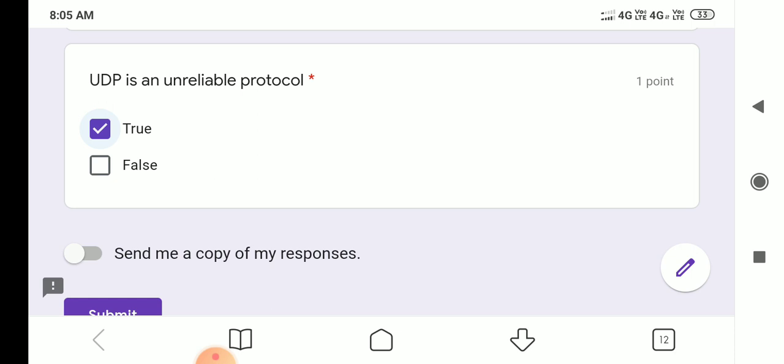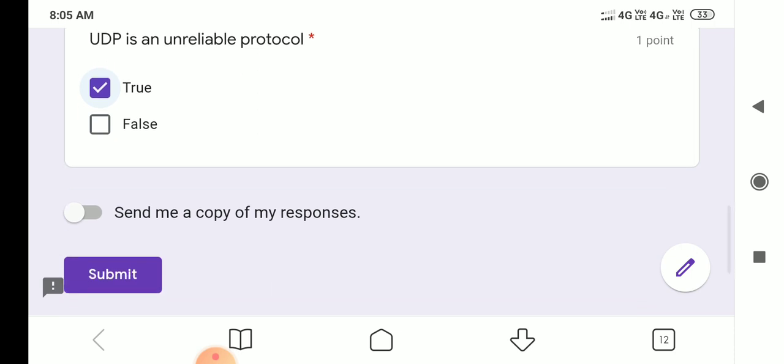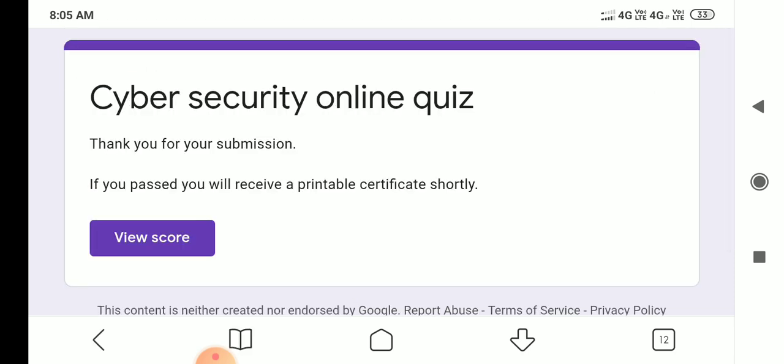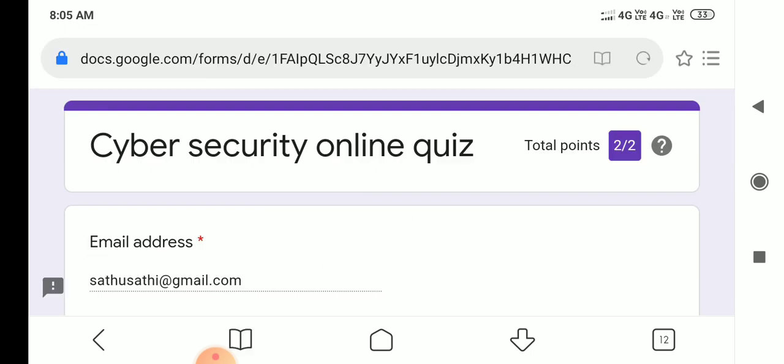If you need a copy of these responses, enable this, otherwise just leave it. Directly click submit and view score. 2 out of 2. So the certificate is automatically generated to your registered email ID. So I'm going to check my email.